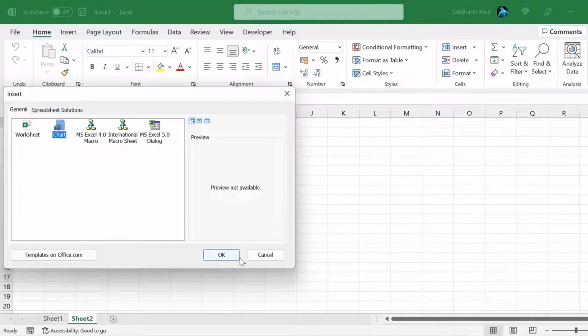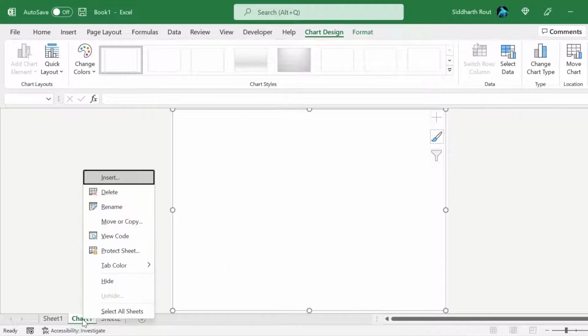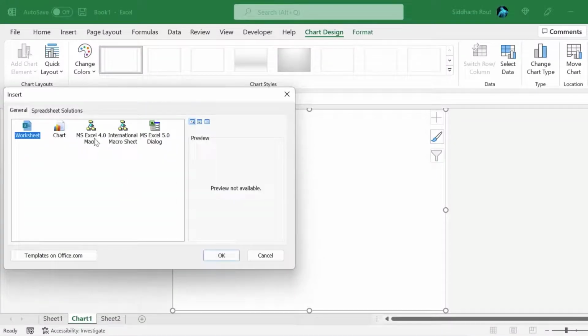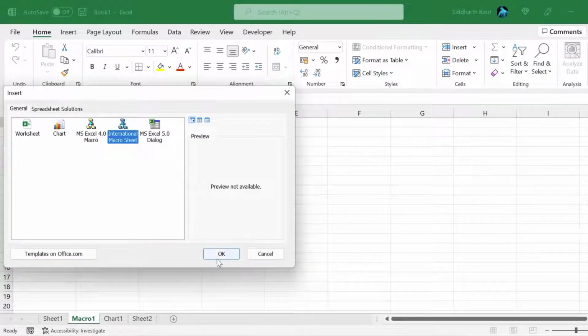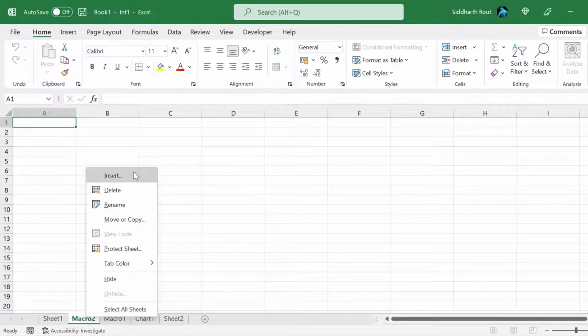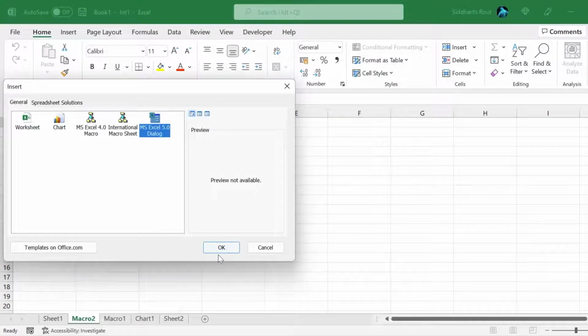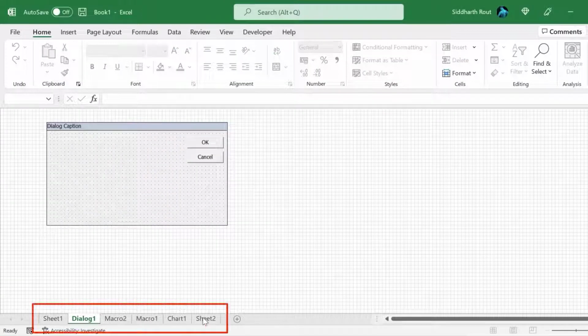So I'll click on chart. Then I right click again and click on Insert. Then I'll insert MS Excel 4 macro. Right click again, insert international macro sheet. Right click again, insert and MS Excel 5 dialog. So all the 6 objects, Sheet1, Dialog1, Macro2, Macro1, Chart1, Sheet2 are a member